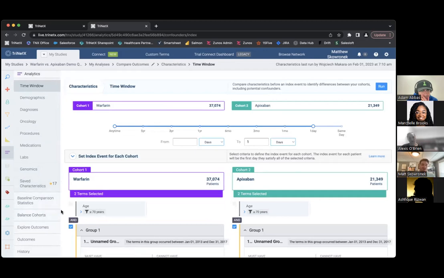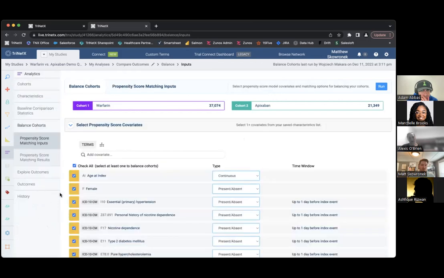And then with this compare outcomes analytic, you're also able to do propensity score matching. So all of those that we selected,